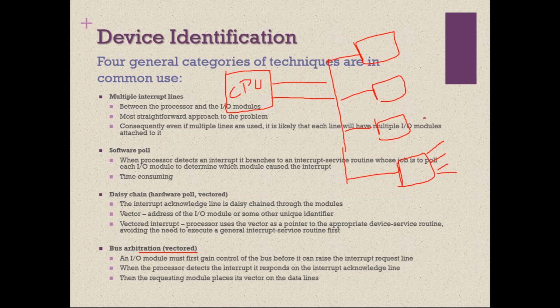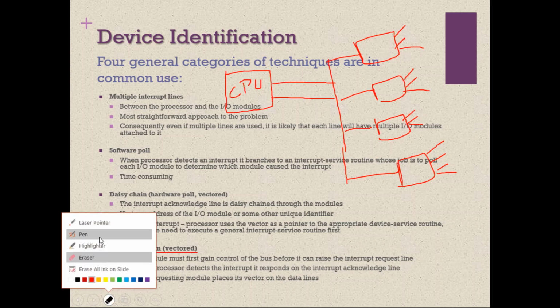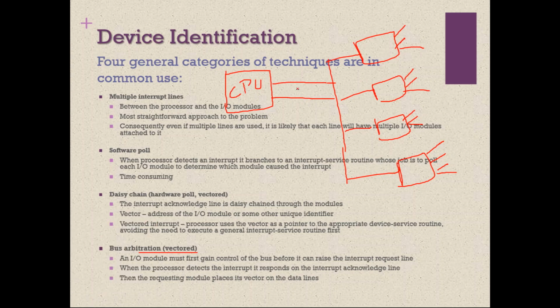Now say that one of the IO modules has created an interrupt, which means one of its IO devices has completed the IO operation, so it is informing the CPU through an interrupt. But no device can just create an interrupt to the CPU in the bus arbitration methodology. Before creating the interrupt, they should claim the bus.